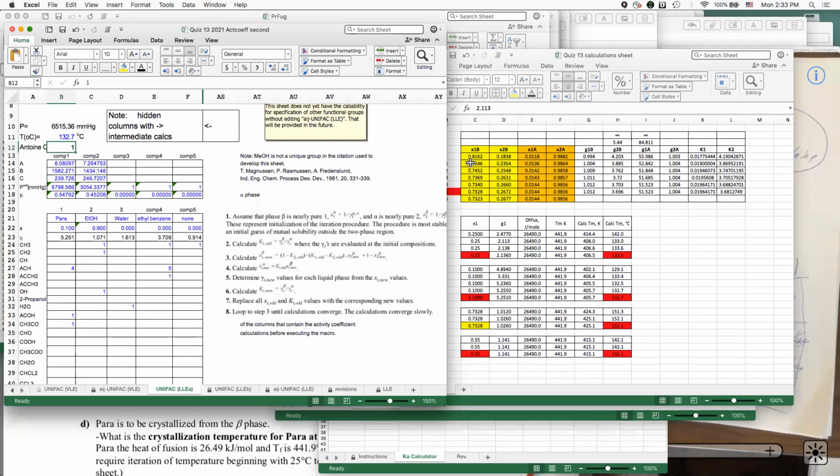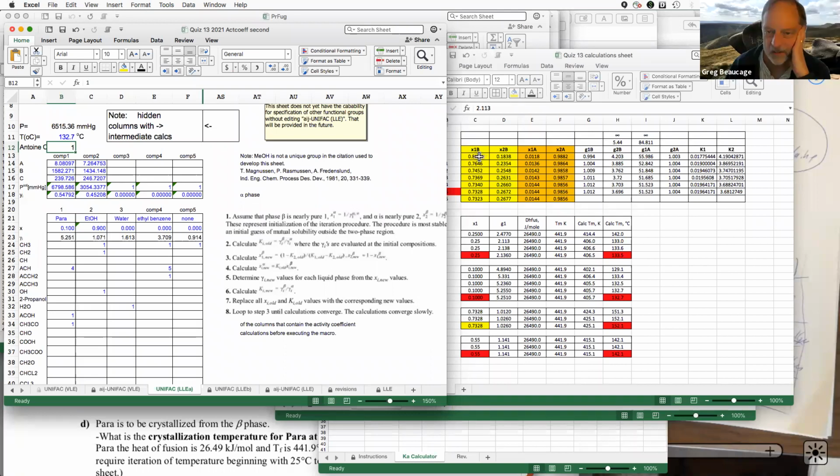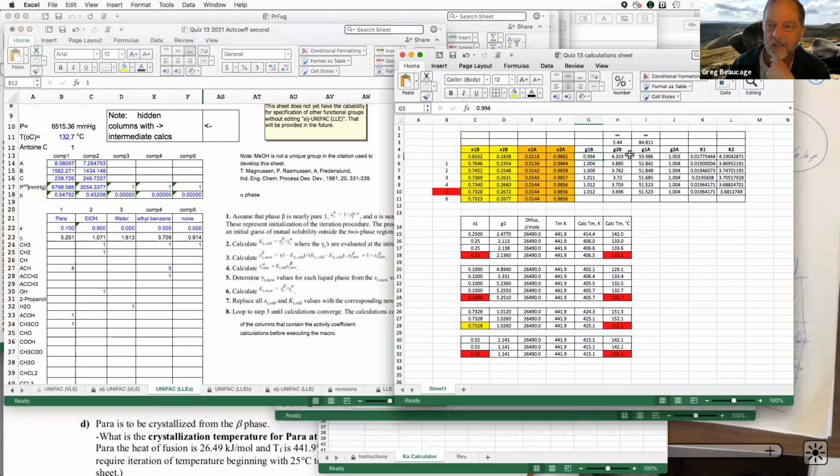And then you find out the other one, 1 minus that gives you the other component, and then you plug those values into the activity coefficient calculator, the compositions, and then you get the activities. So you can plug those in here, and then from the activities, you can calculate the Ks, the ratio of the beta to the alpha, for 2 and 1, gives you the Ks. And then once you have the Ks, it's 1 minus